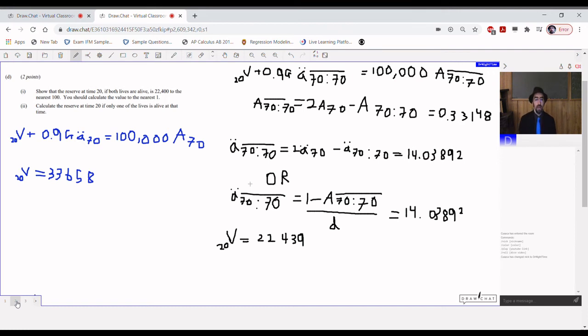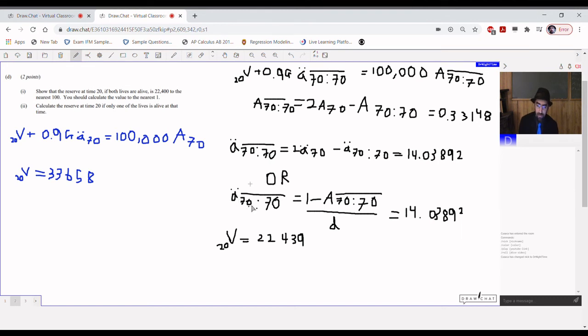All right. So it makes the most sense to my mind to value everything prospectively. So however much you have in the bank already at 20 years in, plus 90% of the premiums that you keep afterward, that's going to be A double dot 70:70 bar, has to equal 100,000 A 70:70 bar. Of course, we need to use the same old trick to evaluate A 70:70 bar. And then we could either do the same trick for A double dot 70:70 bar, or we could just say